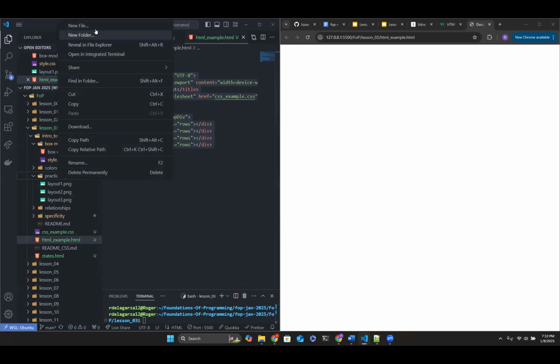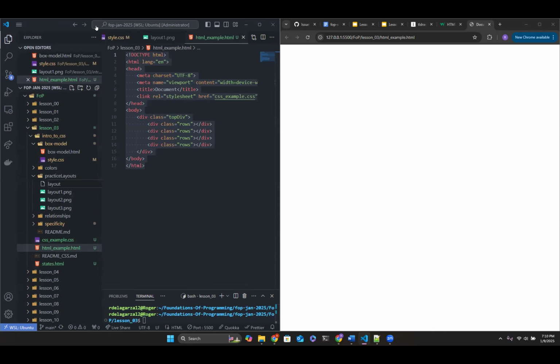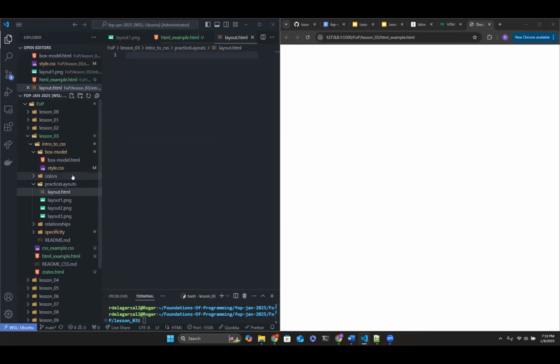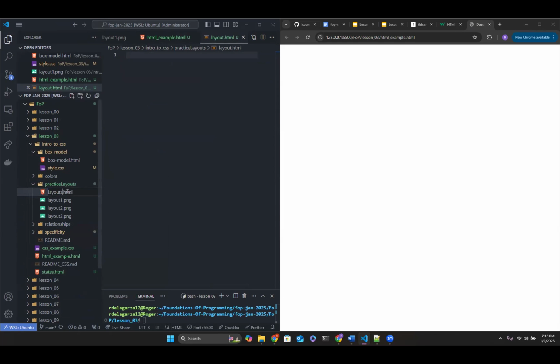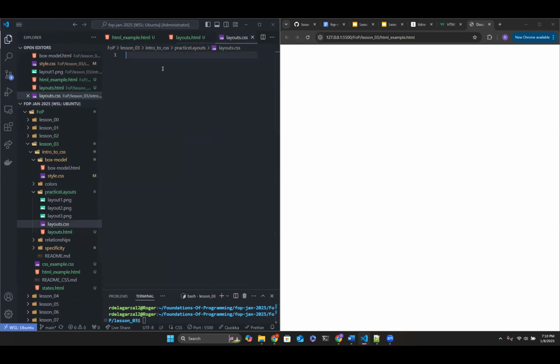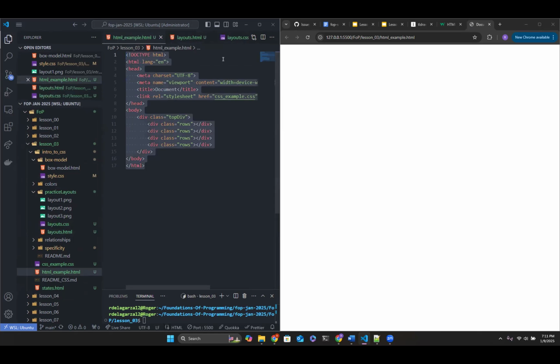I'm gonna make a new file here. I'm gonna say layout.html. And this has a weird icon. It's not an HTML icon. So I'm assuming the word layout itself is a reserved word because it had a weird icon. And then let's go ahead and create another file called layouts.css. I'm gonna go ahead and copy and paste this.